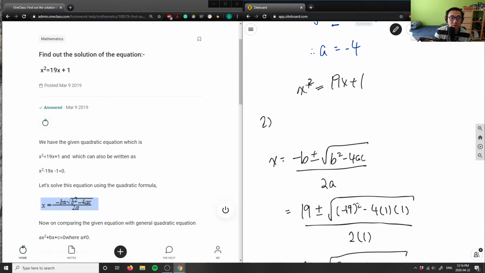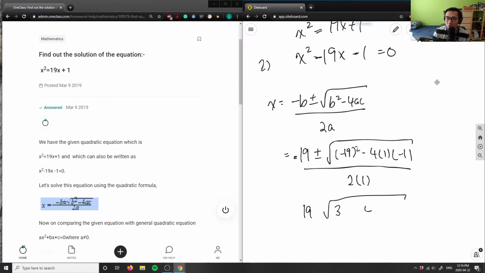So I have to move stuff to the other side to equal 0. So x squared minus 19x minus 1 equals 0. Here would be my equation. Therefore, this here is a negative 19, and this would be negative 1 for my c value,